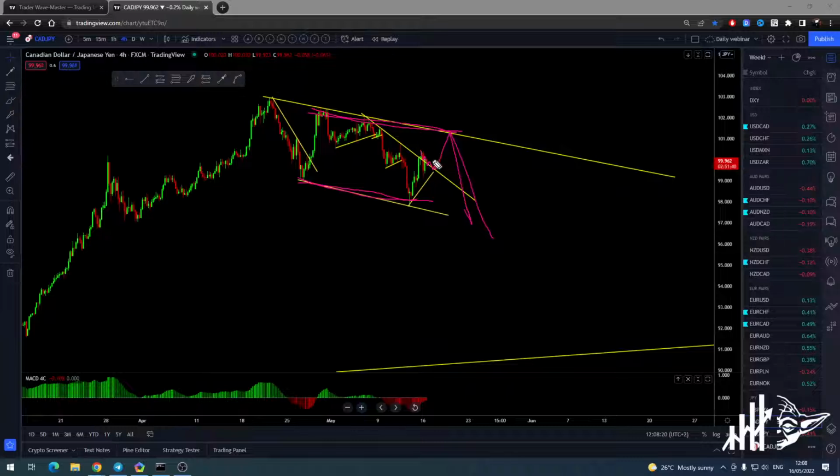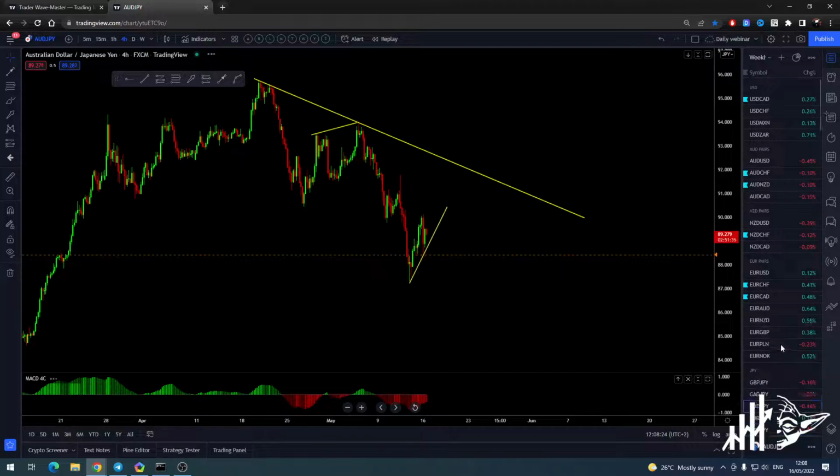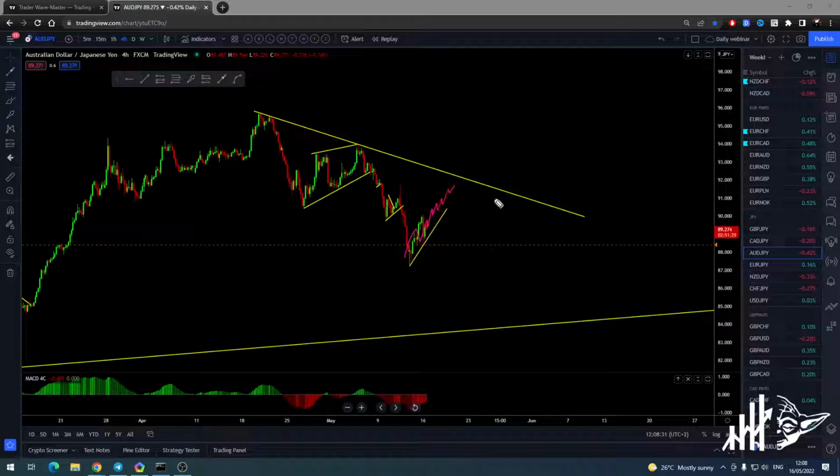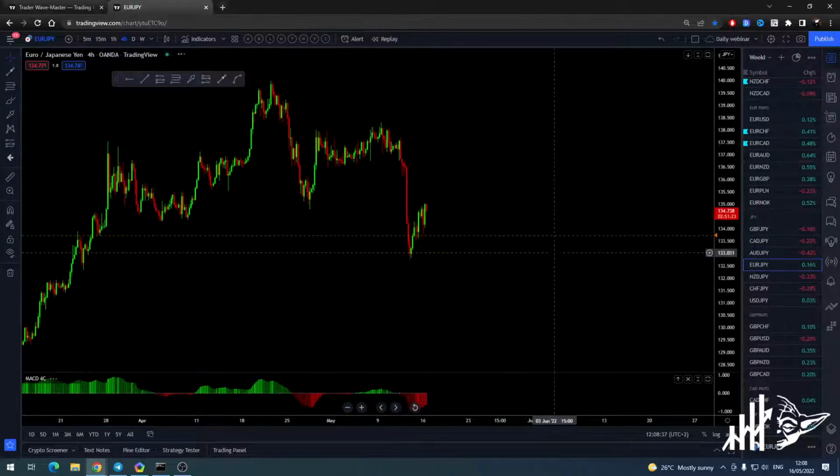develops. Buy stop, it's still possible, but I ain't gonna chase it. It's not worth taking the buys. Aussie yen, same there. You see all the yen pairs are gonna give you a similar correction. Okay, so track this correction and take a sell. Sell is what you want to see and what you want to trade.